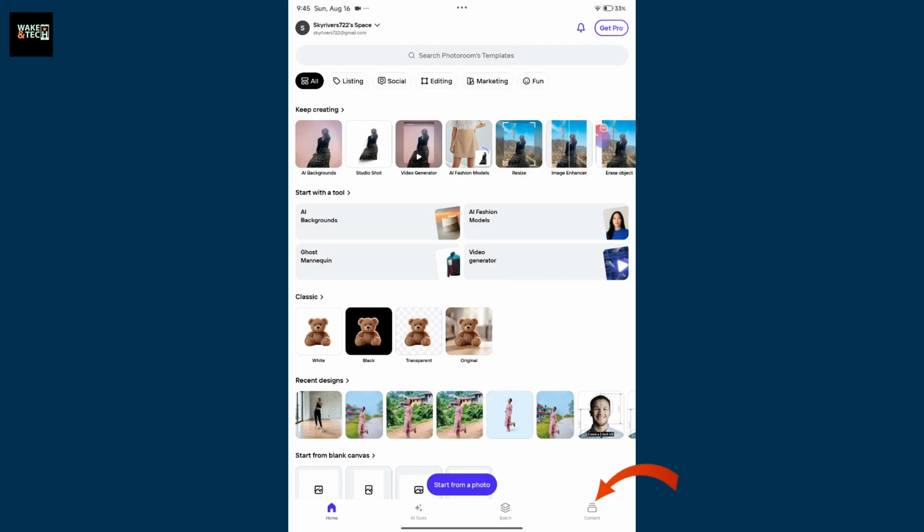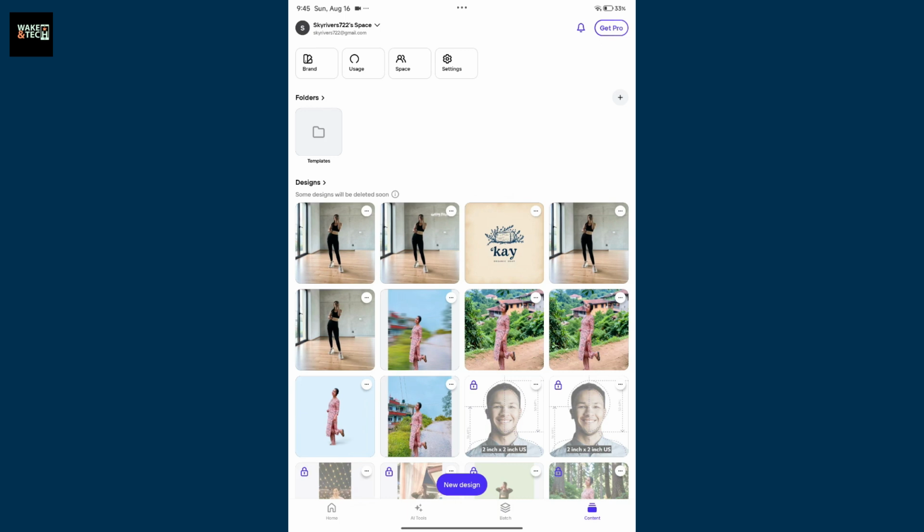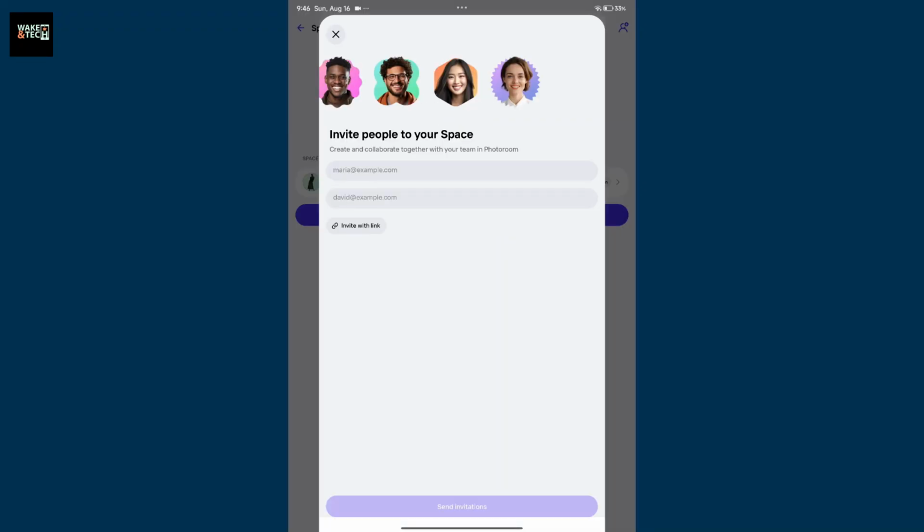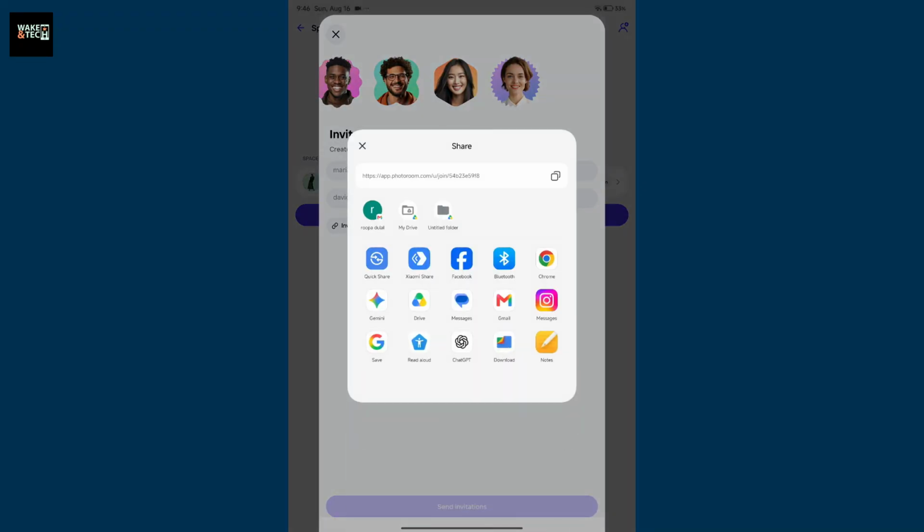Simply tap on the content button at the bottom right corner, and once you get to this page, click on Space from the top. Now this will open up your current space. Tap on Invite Members. Once you do that, click on Invite with Link and select your contact you want to